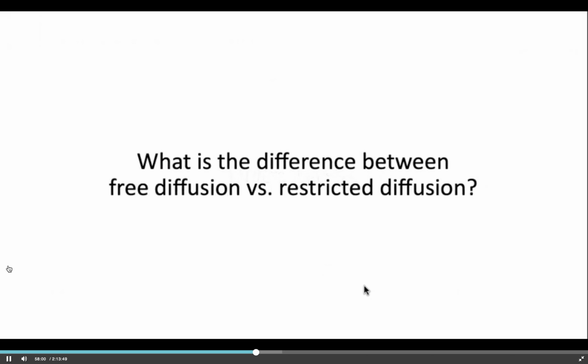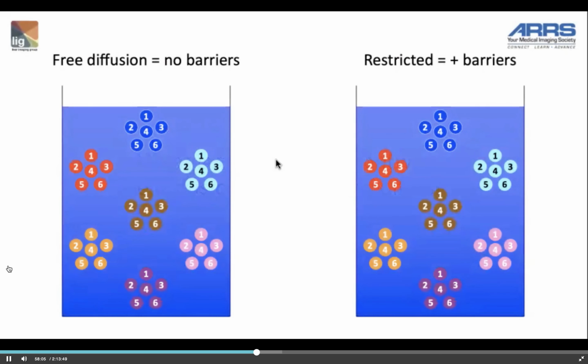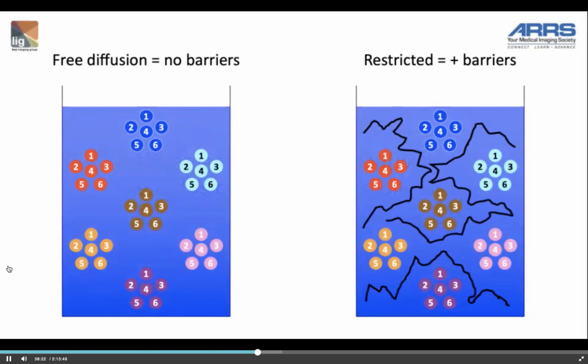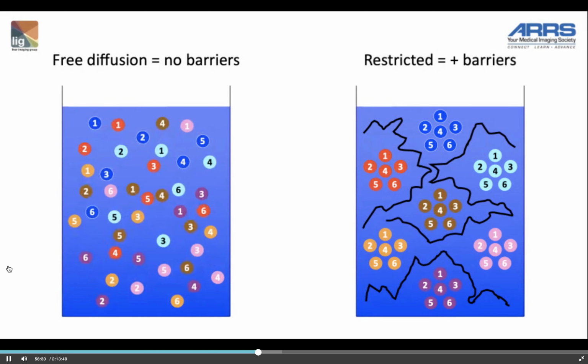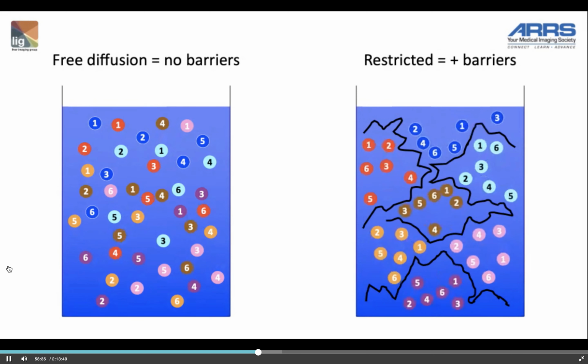Now, you may have heard the terms free diffusion and restricted diffusion, so what's the difference? Well, let's start again with water molecules in some beakers of water, and let's put these water molecules into different locations. In one example, on your left, we have no physical barriers, and on your right, we do have physical barriers, and let's just do the thought experiment. What will happen to these water molecules if we allow them to diffuse? Well, the water molecules on your left will be able to diffuse through the entire beaker of water, while the water molecules on your right will diffuse, but they will be sort of stuck within their barriers, and therefore the